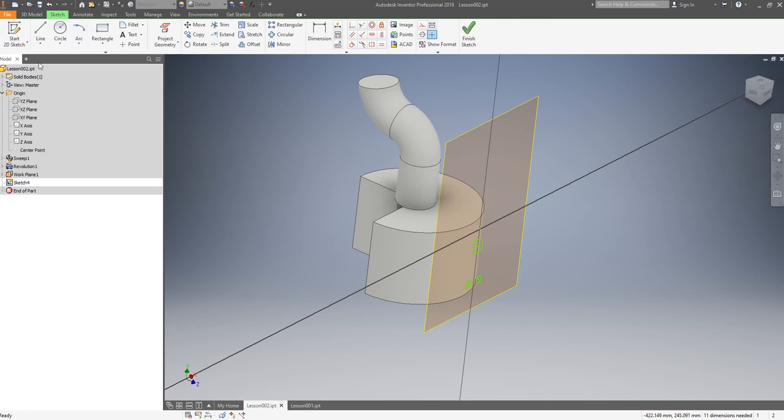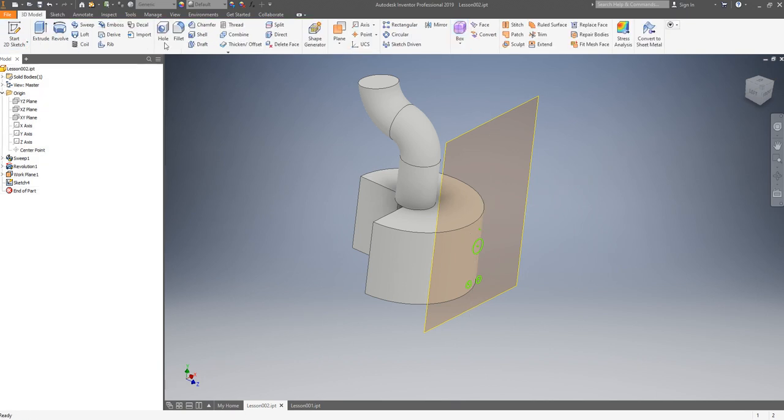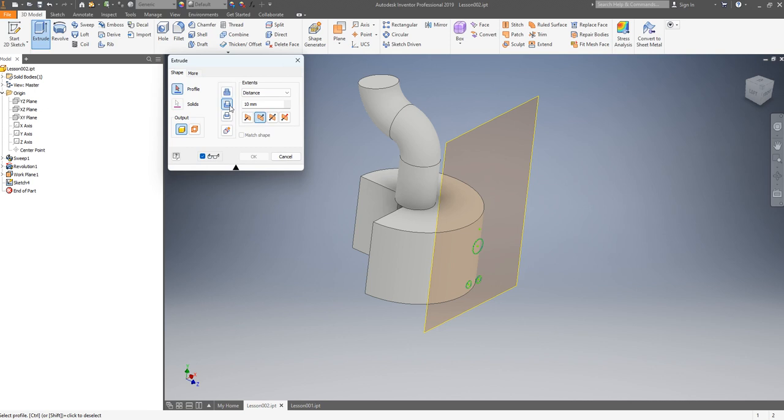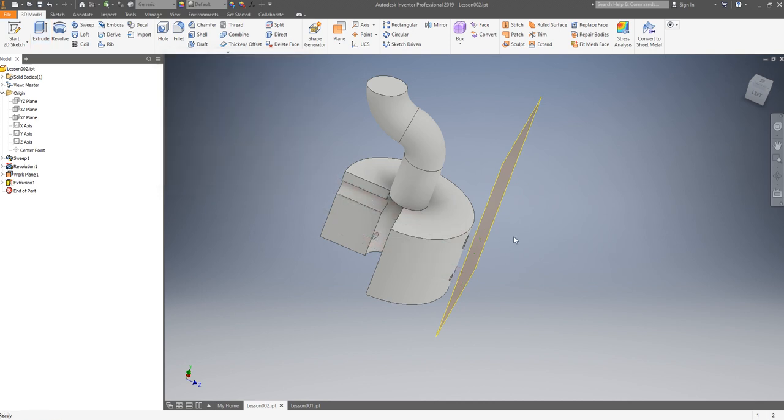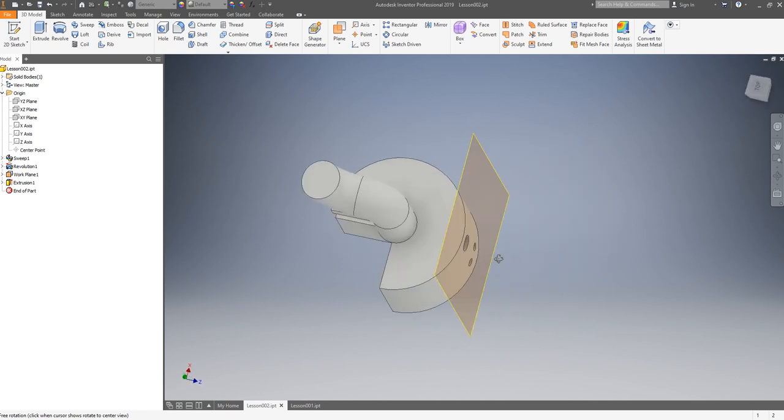We can click Finish Sketch. Alright, if we want to do the cut, we can click Extrude, select Cut, select the geometry we just done, and select the depths. Click OK. Alright, very nice.